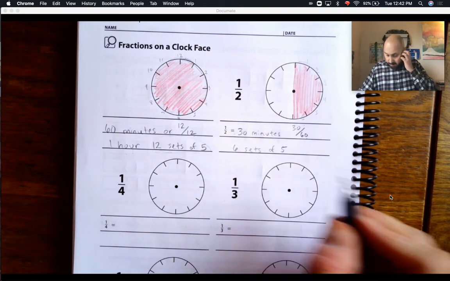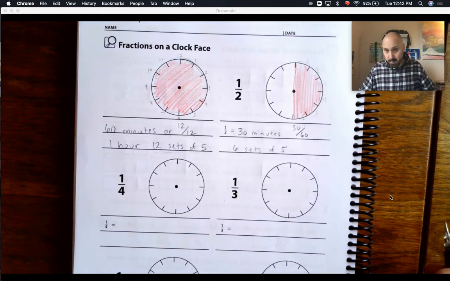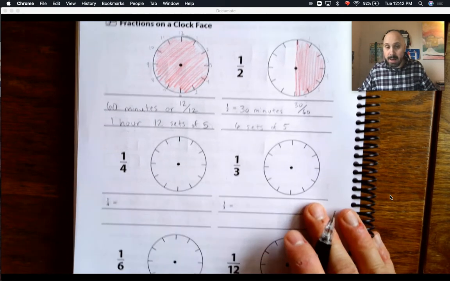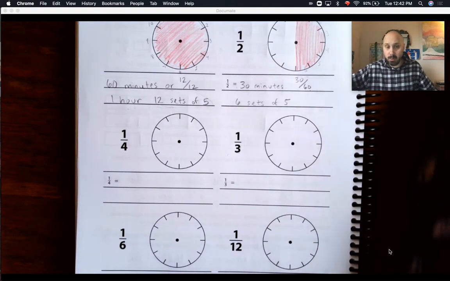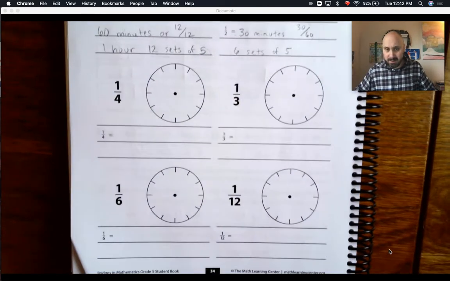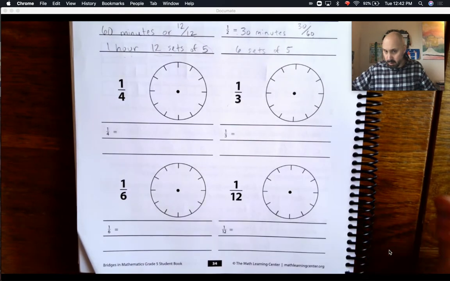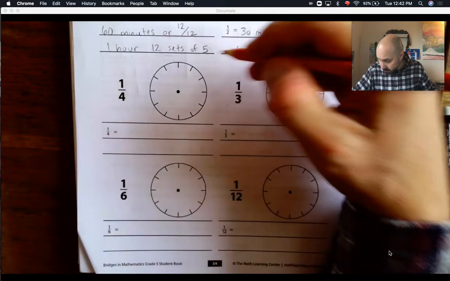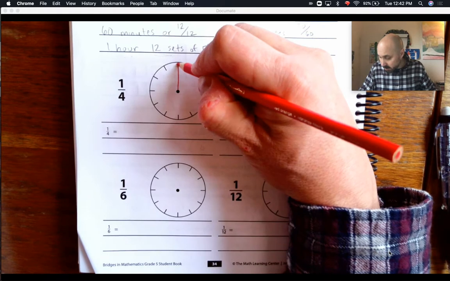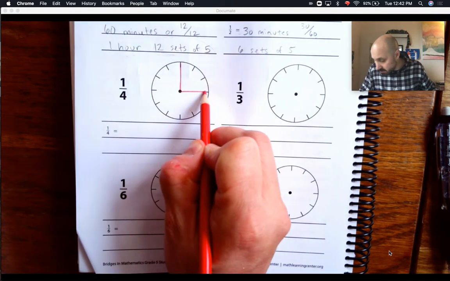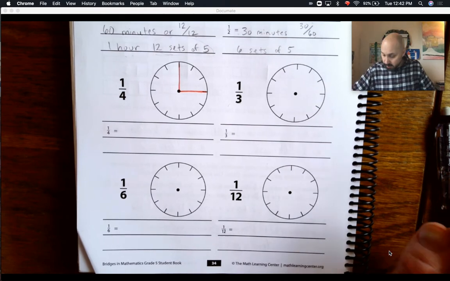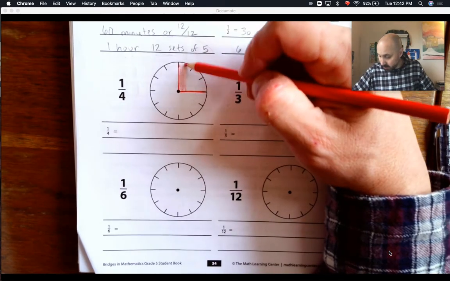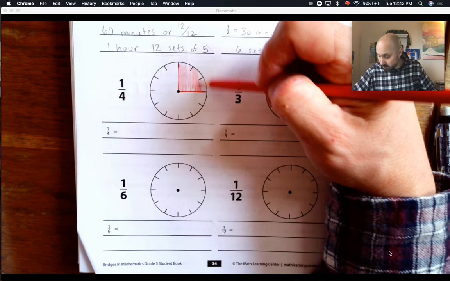Okay. Now we have 1/4, so a fourth of an hour or a quarter hour. Mr. Mac, how long is our recess? Oh, it's a quarter hour long. So how many minutes is that? Well, let's take our colored pencil. I'm going to go down to the dot from the 12, and I'm going to just mark off to the 3 there, the 15-minute mark. So this, out of a clock, is a quarter hour,